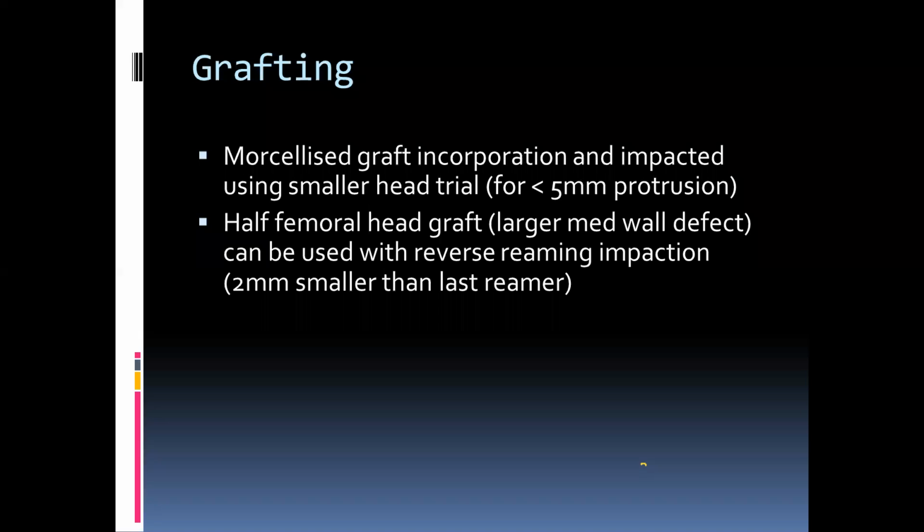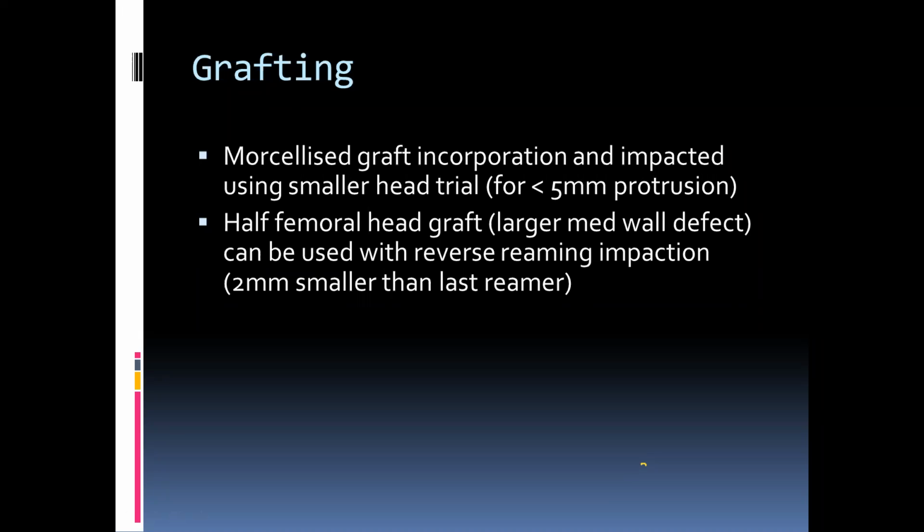In case you have a large defect or a large protrusion, the morselized graft alone is not enough, so you have to resect the head. If you have the head intact, you cut it with the neck, you make another cut, half the head, you remove all the articular surface, and then you put it inside the medial wall of the acetabulum. And this will be impacted by reverse reaming impaction, which means that